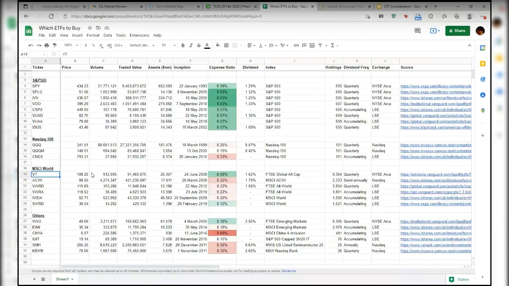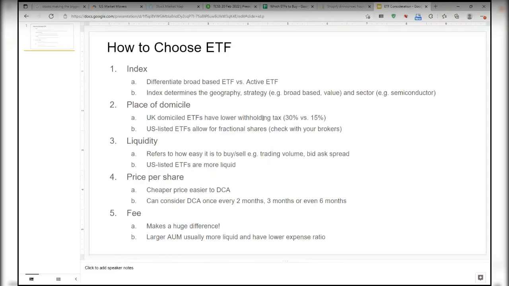But many people actually don't know which ETF to buy. So I just prepared these one-page things. I will just quickly go through that, and then I will share the spreadsheet. So I think in general, when it comes to ETF, right,